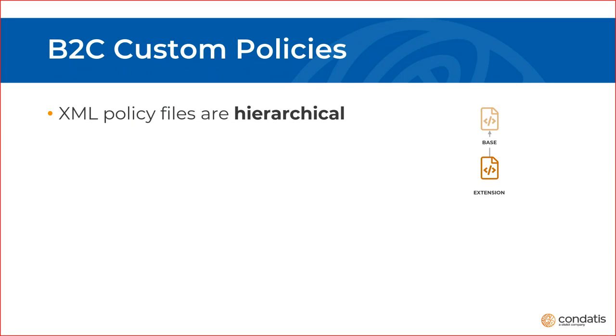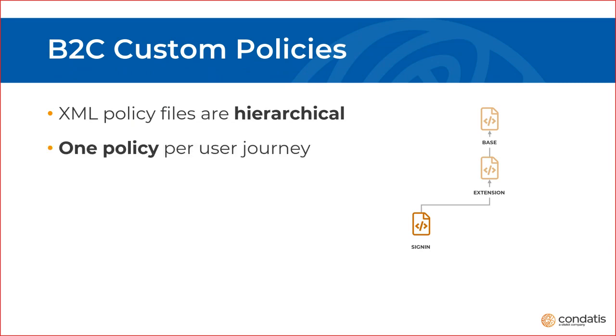Then we start to get into the more journey specific building blocks. So generally users need to sign in. So it's likely you're going to need a policy that defines the components necessary to authenticate the user. That might be data capture components, it might be validation components, or interactions with the B2C user directory. All the things that are specific to a sign-in. What it's important to know is that there's ultimately one policy per user journey. So if there's only one way to sign into your system, only one protocol it uses, then maybe you only need one sign-in policy.